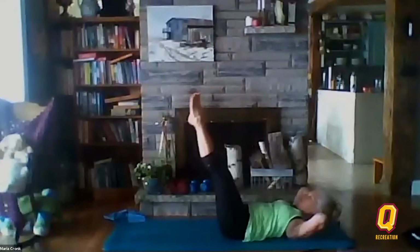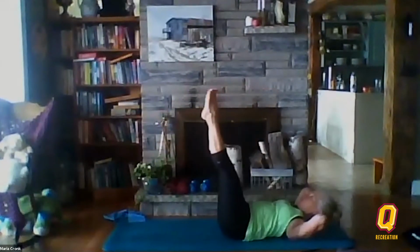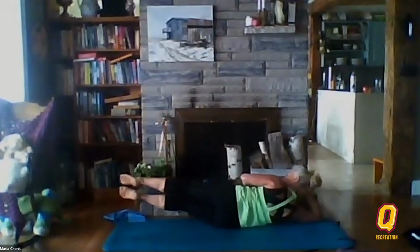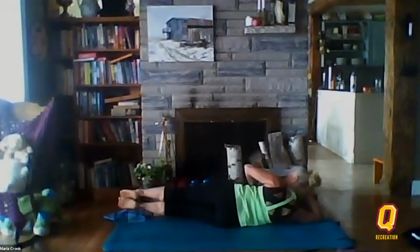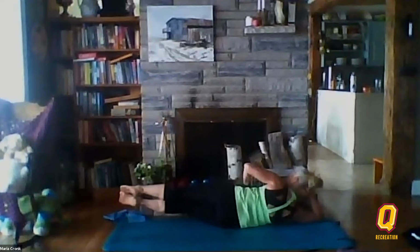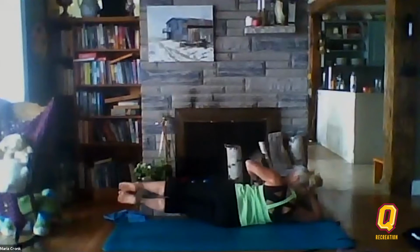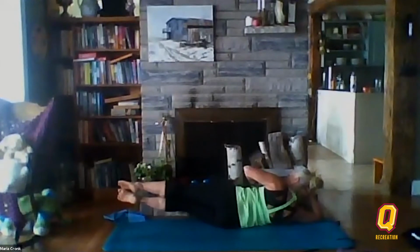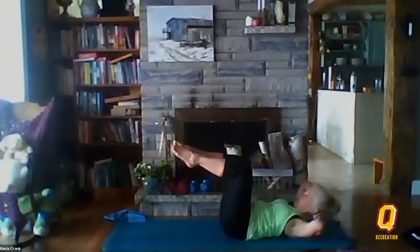Let's do a couple more. Excellent. And now hold it. Roll yourself over to the other side. And now lower and lift, hips on top of each other as you lower and lift, making sure that you're not collapsing that waist that's on the floor. Lower and lift, hold it here, bend those knees, roll back into the middle, grab the back of your head,